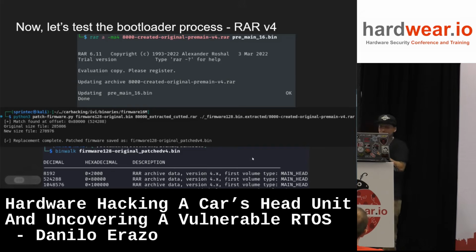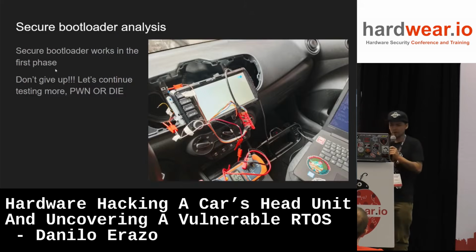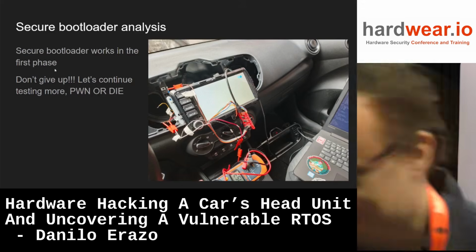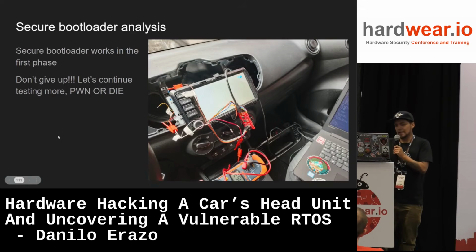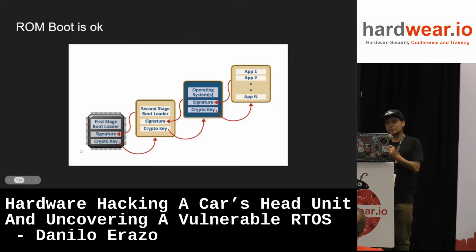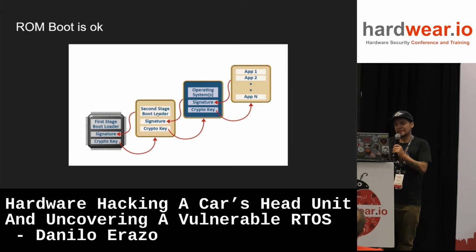Okay, and after that I realized that the secure bootloader works in this first phase. But don't give up, let's continue testing more. So as you can see here, I get a white image because the operating system was not able to initialize. After that, I realized that the first stage bootloader works very well. You know, the ROM boot is okay in the system on a chip. After that, the second stage loader is the pre-main that loads the real-time operating system, and after that